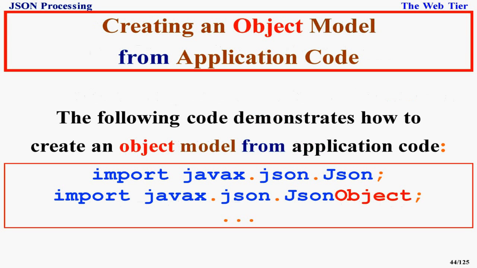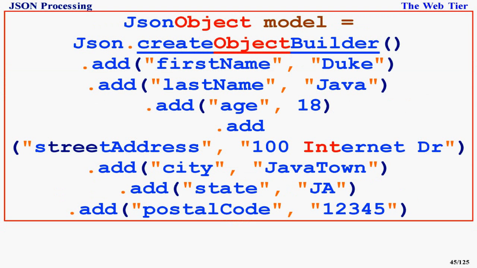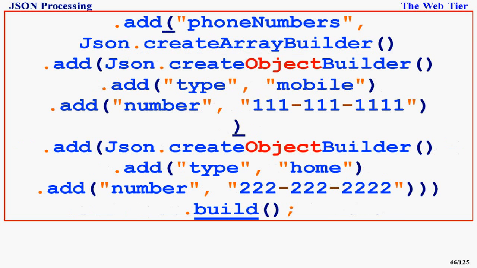Creating an object model from application code. The following code demonstrates how to create an object model from application code. import javax.json.Json; import javax.json.JsonObject; JsonObject model = Json.createObjectBuilder().add("firstName", "Duke").add("lastName", "Java").add("age", 18).add("streetAddress", "100 Internet Drive").add("city", "JavaTown").add("state", "JA").add("postalCode", "12345")